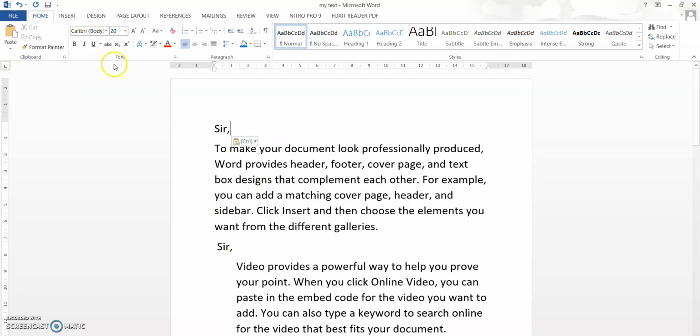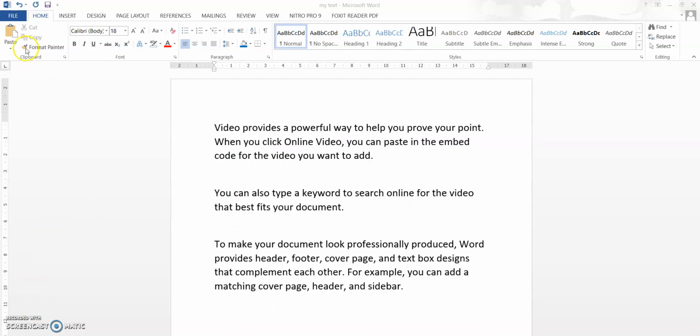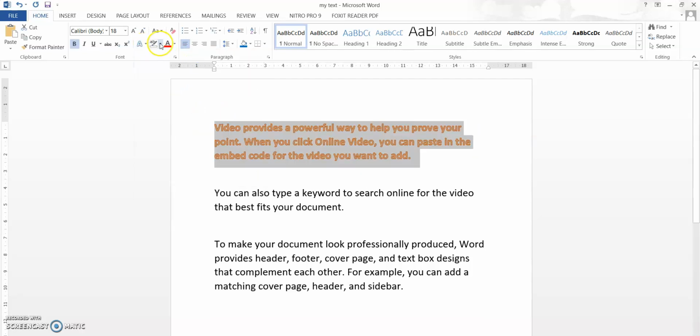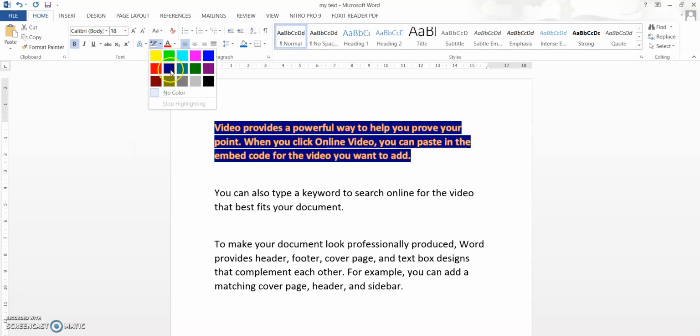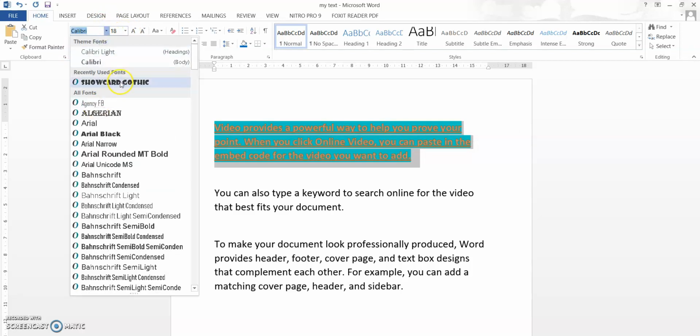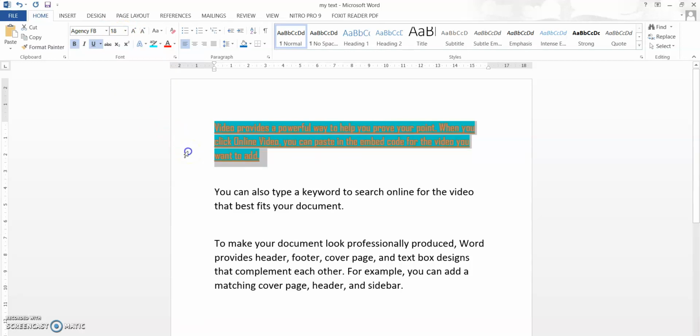With that we have seen how to cut and copy, so next we will see what the format painter is. Why format painter is used: suppose you take this paragraph and you have made some small changes. Let me change the font style, let me add a background highlighting color as blue, and let this part be bold and underlined. Let the style be Agency FB, like that. So many things I have done.